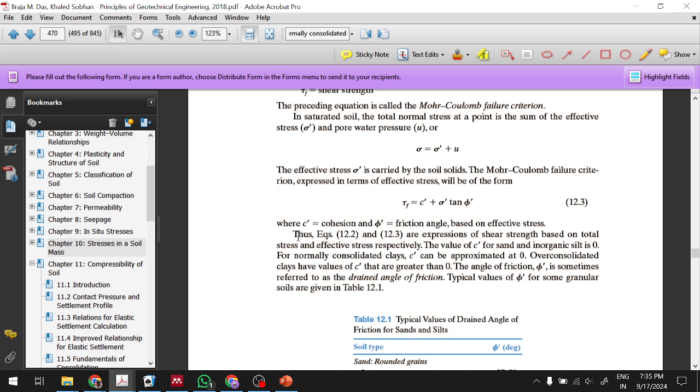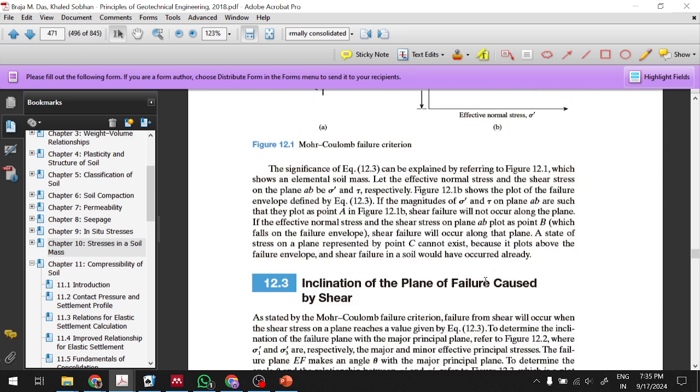Okay, so shear strength based on total stress. The values of C dash for sand and inorganic silt is 0. For normally consolidated clays, C dash can be approximated at 0. All overconsolidated clays have values of C dash that are greater than 0. The angle of friction is sometimes referred to as drained friction angle. Typical values are given, but